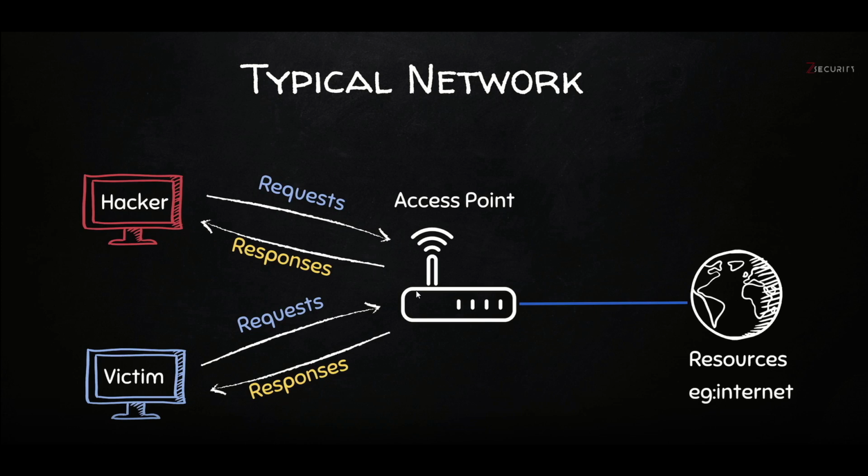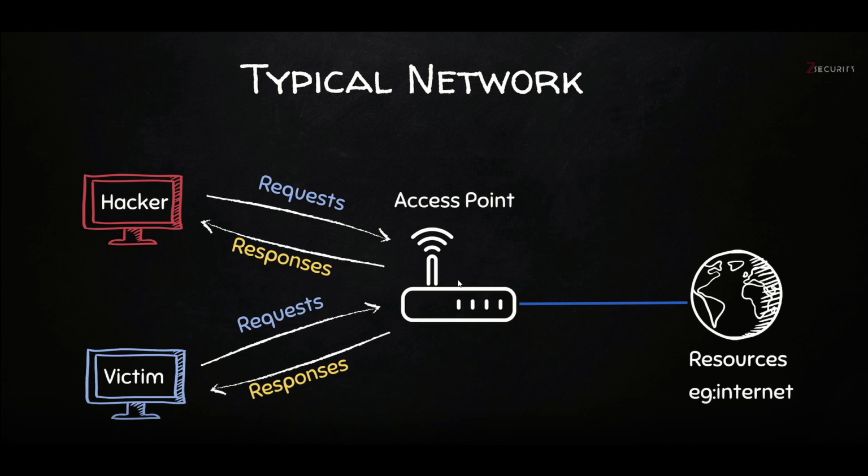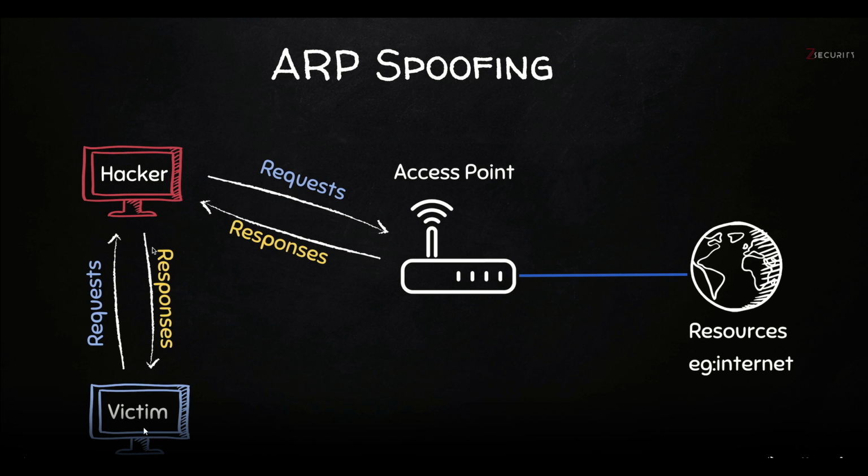By the way, you should be on the same network as all of the three. What we are doing here is channeling it from the victim asking the router to the victim being connected to you now. It will think as if you are the router and all the data will be transferred from you to the access point. Why are we able to do this? At the end you will realize that this is quite exploitable and it's not secure. ARP is not secure. Why it is not secure, we'll be learning towards the end of the video.